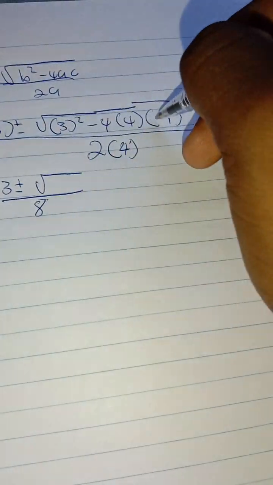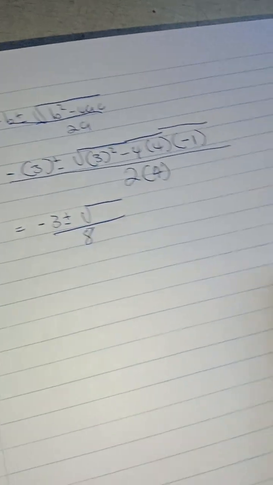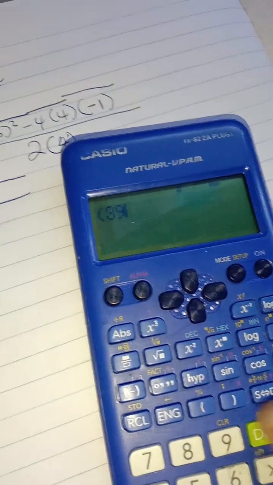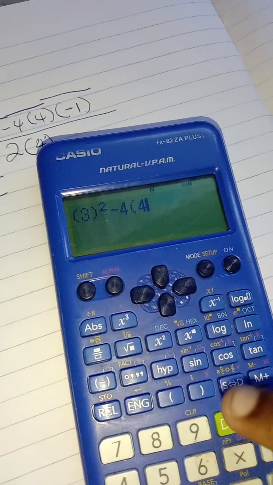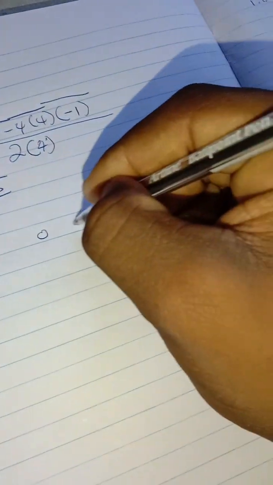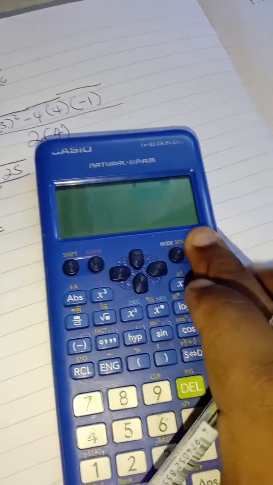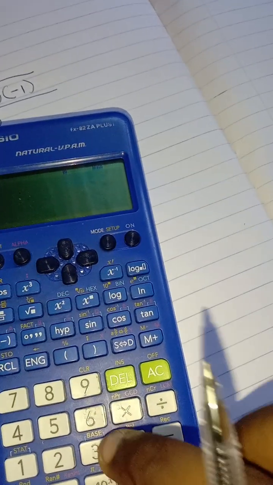And then you put this in your calculator. Let's put it. You're going to say bracket 3 squared minus 4a, negative 1. So it's 25. Then you're going to say x is equal to, and then you put this on the calculator. Negative 3